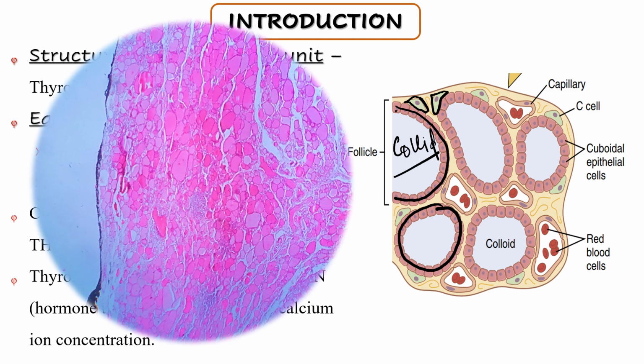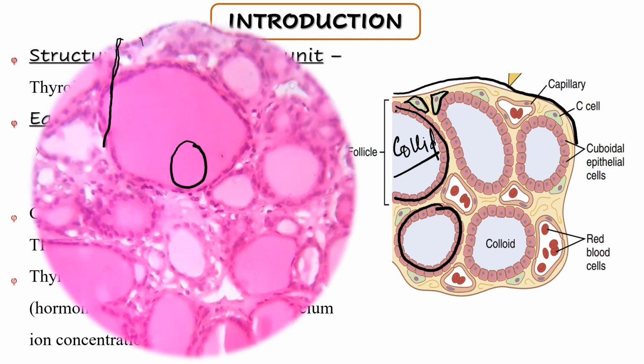Now, understanding it microscopically. First, see here. This is the capsule. Thyroid is an encapsulated organ. So this capsule, thin capsule that you can see outside in this pictorial picture, is what you can see microscopically here. And all this here are your thyroid follicles arranged back to back. Now let us zoom in, let's say on one of the thyroid follicles here. So once we zoom in the thyroid follicle,